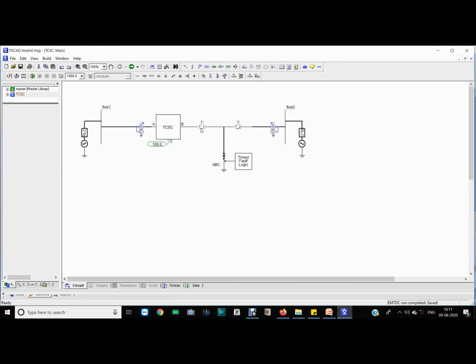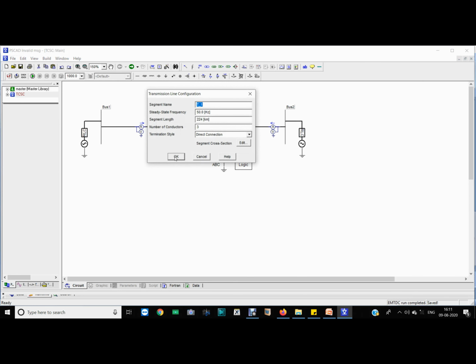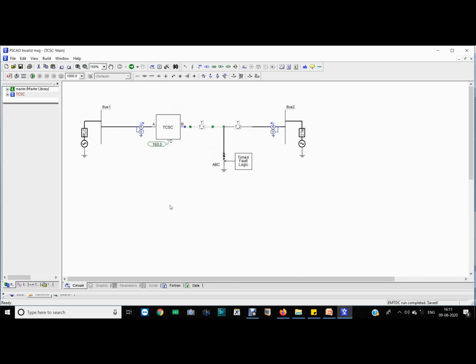So 224 kilometer means 224 divided by 320, that is equal to 70%. Yes, 70%. At 70% location from bus 1, we are creating a three-phase fault, as written here, ABC three-phase